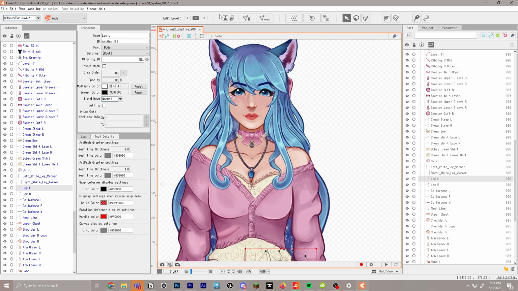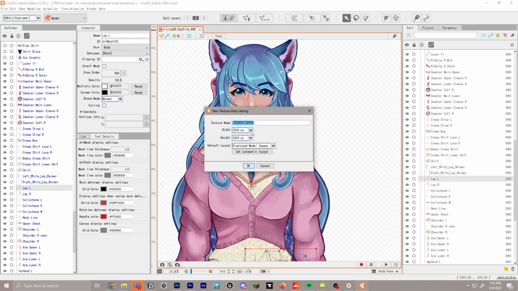Alright, so next we will create a texture atlas, which is this button right here, for our textures to lay out onto a flat plane. You can leave this as a default name or name it something specific, and then for the width and height you can choose any of these numbers you think will fit. I'm going to choose the biggest number because I know that my model has a lot of space to work with, and I'll give you a better rule of thumb once we get in here, but this will take a while to load, so again, you may want to take a break or walk away from your PC.